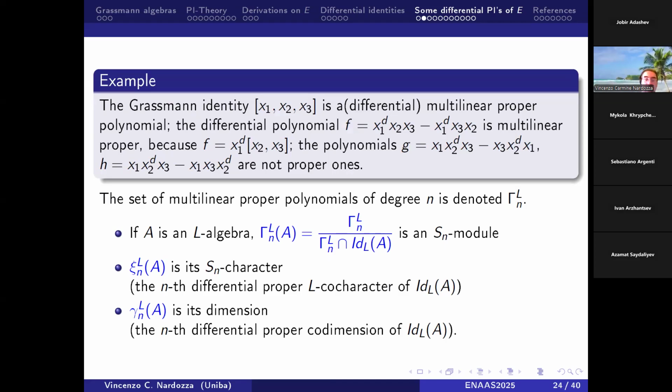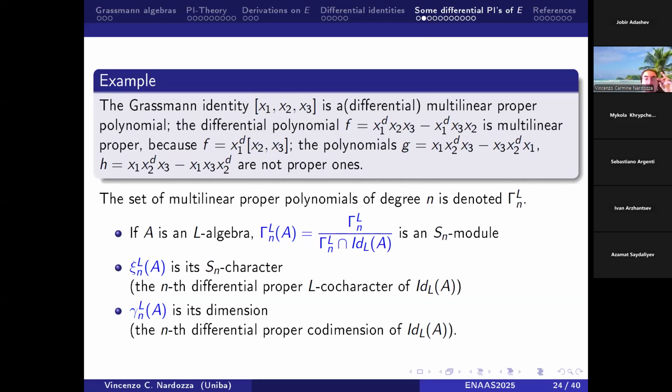And the basic properties are the following ones. They form this factor space, an Sn module. Its Sn character is denoted by Cn of L. Its dimension, called the nth differential proper codimension of L, is this one. And this is the characteristic of